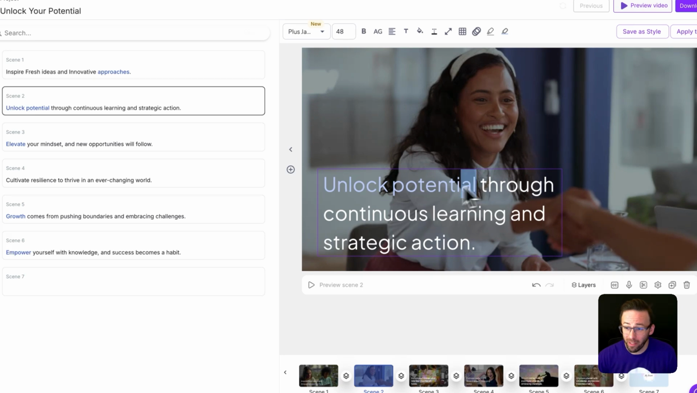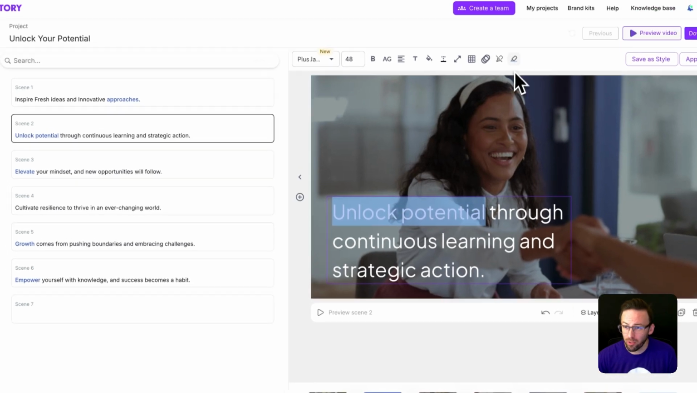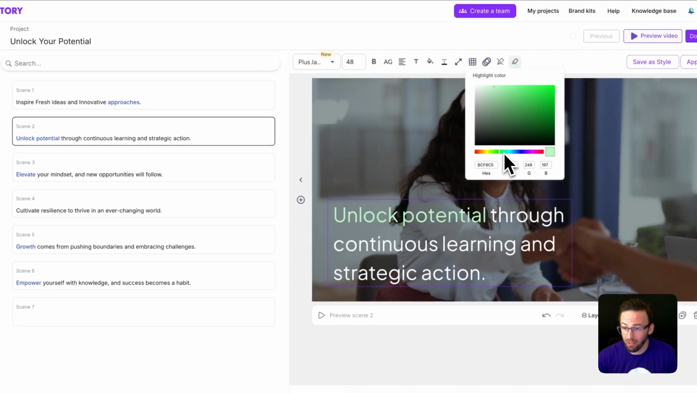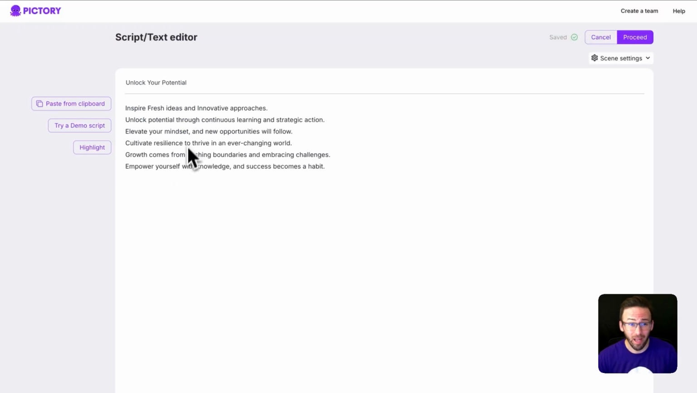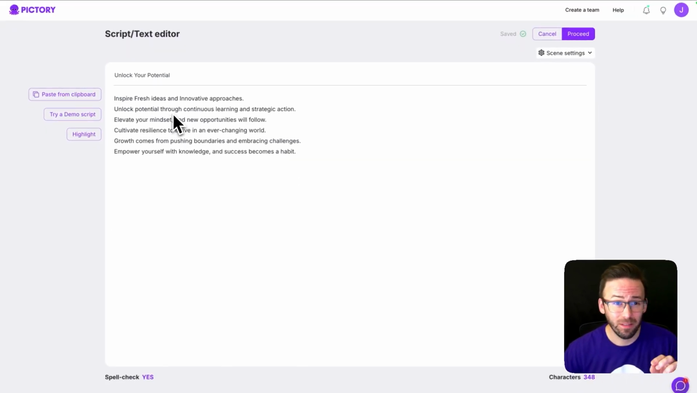So you can go in here and highlight multiple words. You can also change the color if you want to just add a different color to it. It's really cool. Also, if you'd like to do this ahead of time, when you're in the text editor from